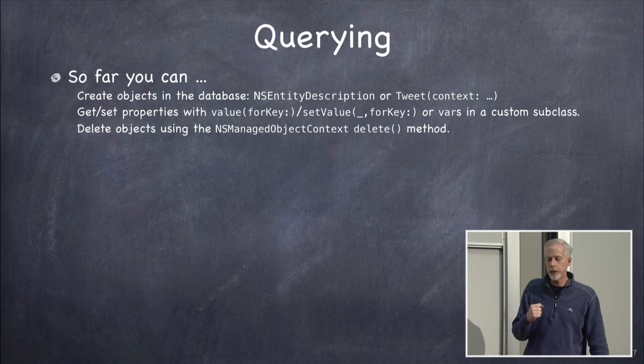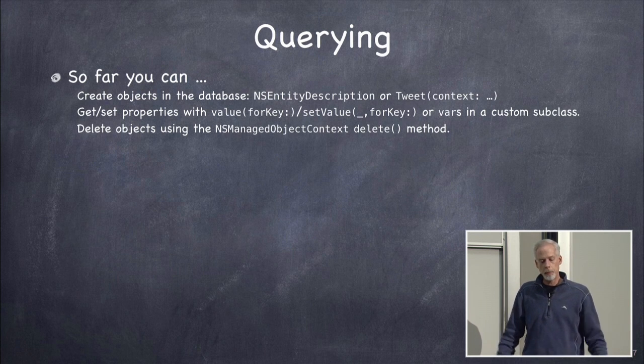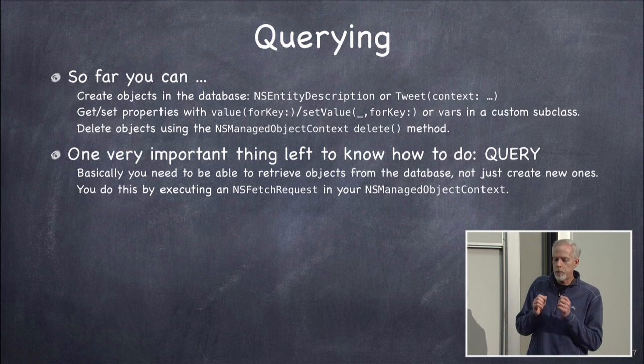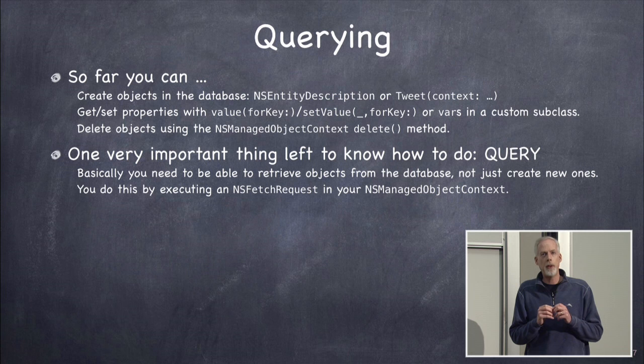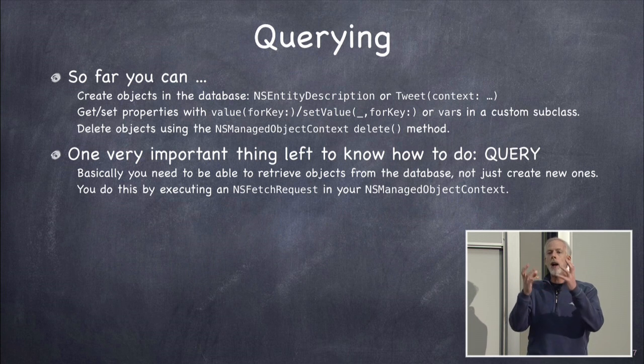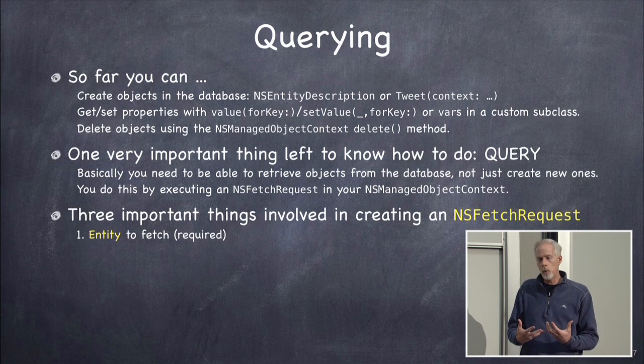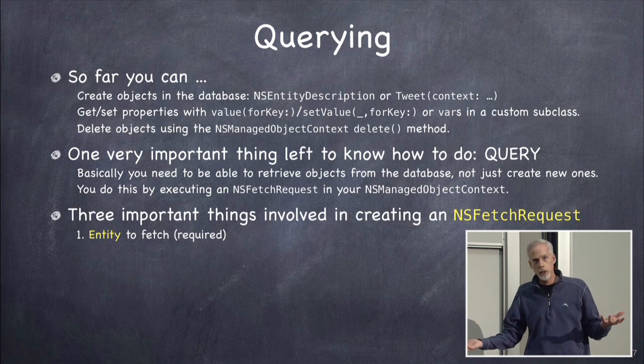If you're not going to make sophisticated requests for the information based on the relationships, etc. So to do a query, the most important thing you need to know is NSFetchRequest, this class NSFetchRequest. An NSFetchRequest encapsulates what you want from the database. So let's talk about NSFetchRequest and how we build one, and then we'll talk about how we execute one.